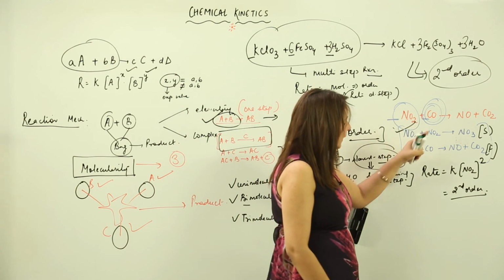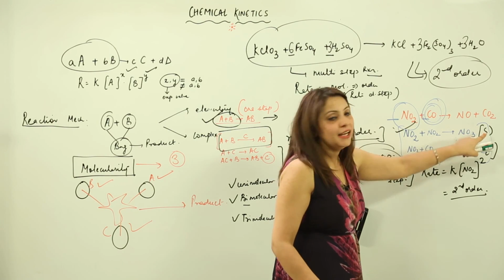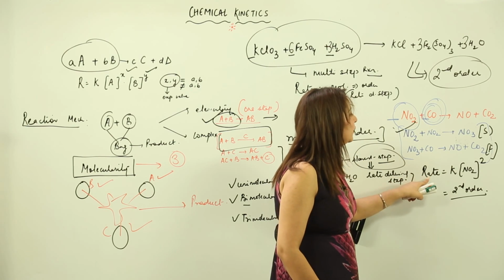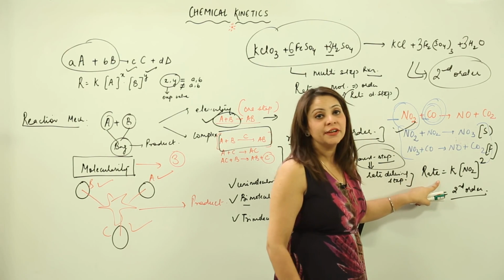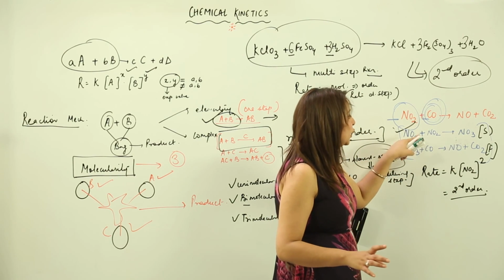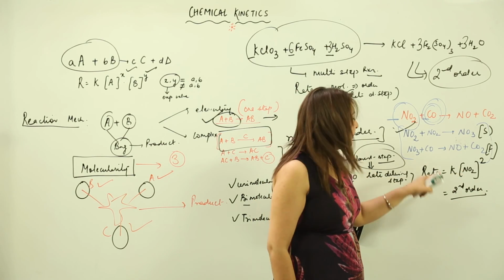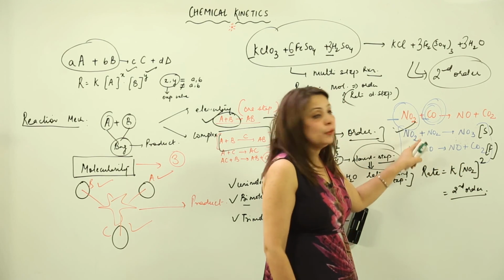So it's clear that we first write the mechanism for the multi-step reaction, then indicate the slow and the fast steps, and then we write the rate, and the rate is going to be affected by the rate determining step, that is the slowest of all. So out of this, we have molecularity 2, that is why I wrote NO2 raised to power 2. So it is a second order reaction. Now we are going to start with the second